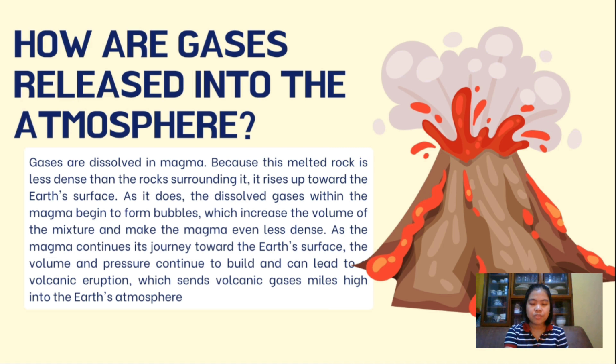This is the summary of what happens during volcanic eruption. The eruption happens due to the expansion of gases in the magma. These gases come from gaseous substances and other compounds that release gas when heated. One example is water. As the magma rises, the gases expand, causing explosive eruptions. During eruption, the gases are forced out of the vent of the volcano along with other